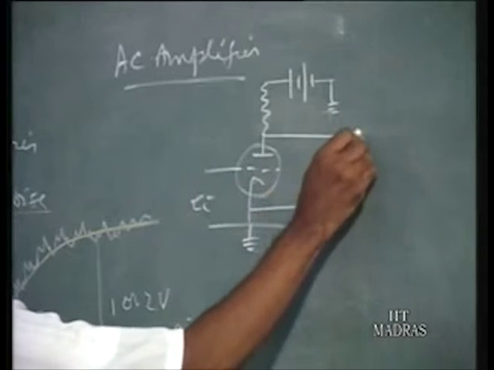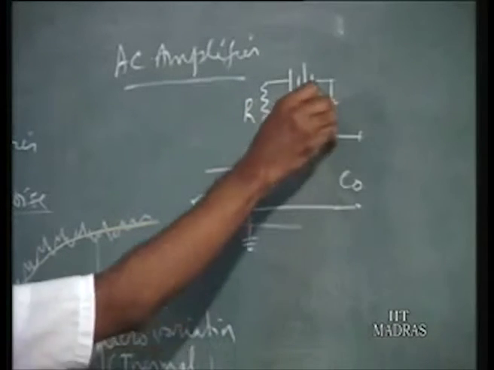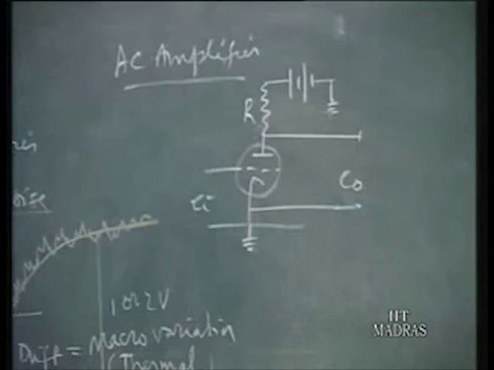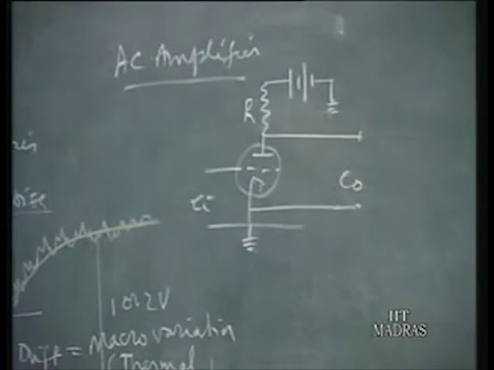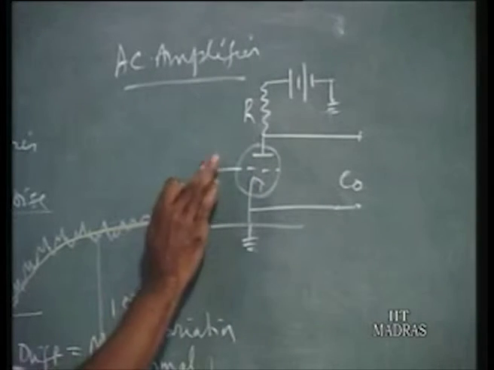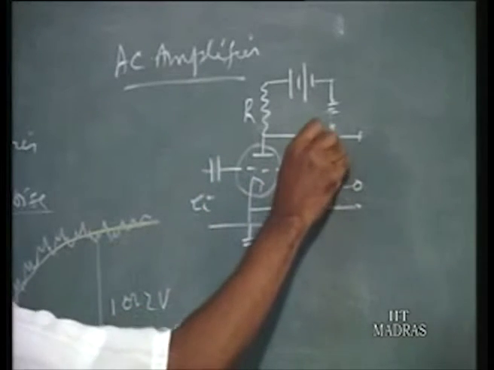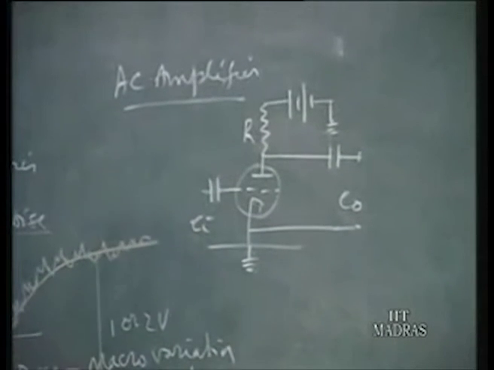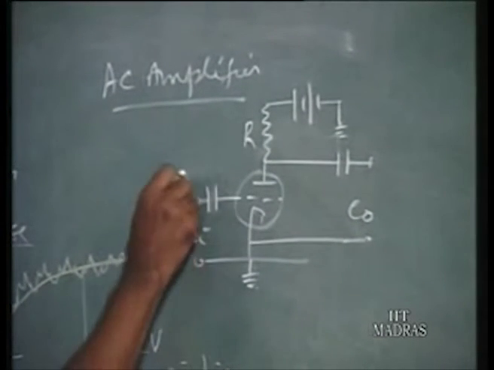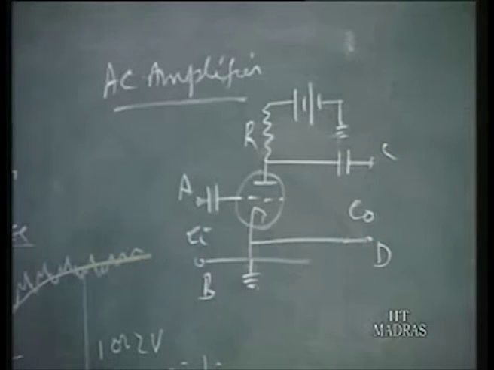It is a simple amplifier circuit where this is a resistance R and earthing. These two things can be connected. So it's a cathode, grid and anode, this plate. Now if you connect, it can be used for both AC and DC. Such circuits can be used. EI can be a DC voltage across terminals AB, and across terminal CD we take the output voltage.